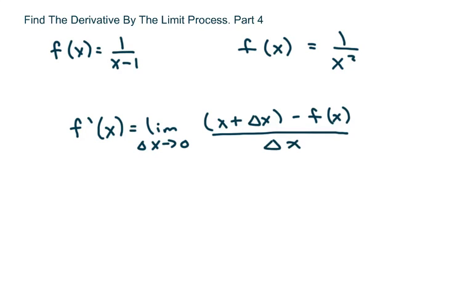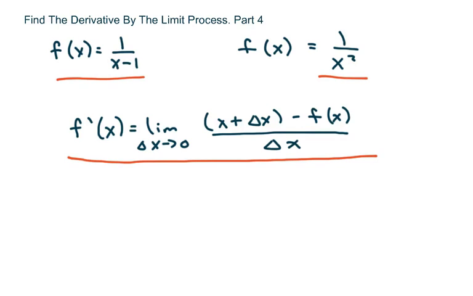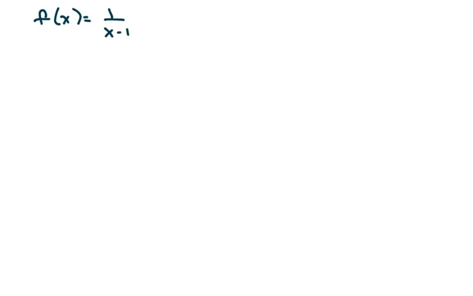Hi everyone, we're going to find the derivative by the limit process. This is part 4 and we're doing rationals here like this one, and this is our limit process. This is our derivative, the limit, and the difference quotient here. So we're going to get started, and